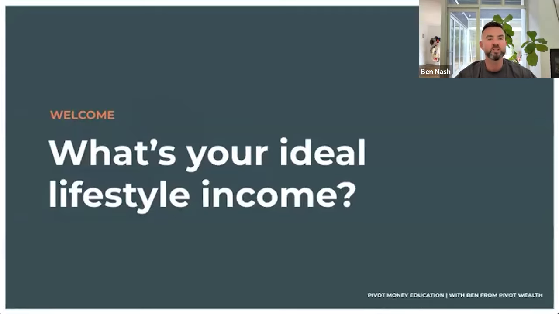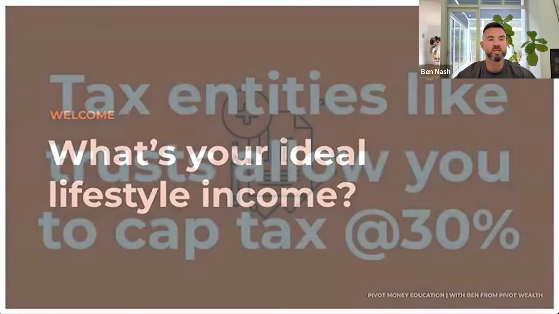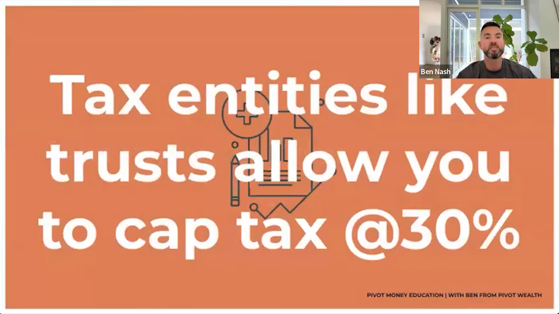So a pretty chunky number to get to, and here's the thing, guys, particularly when it comes to trusts and tax entities. Apologies for throwing a bunch of jargon at you, but a tax entity is basically just anything with a tax file number. Every working individual in Australia has their own tax file number, your super fund has its own, a trust gets its own, an investment company has its own, and similarly an investment bond has its own.